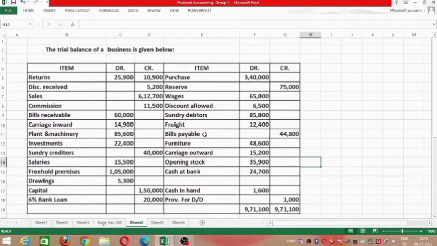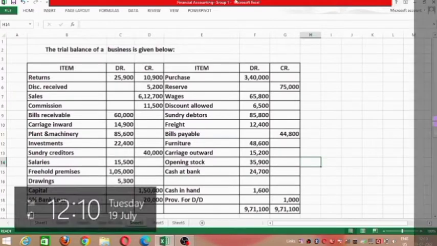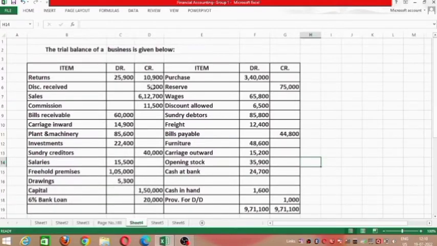Today I will solve one more problem which is in the material provided by the institute. Before that, let's read the problem. The trial balance of a business is given below. Returns 25,900 in debit balance and credit balance 10,900. Discount received 5,200. Sales